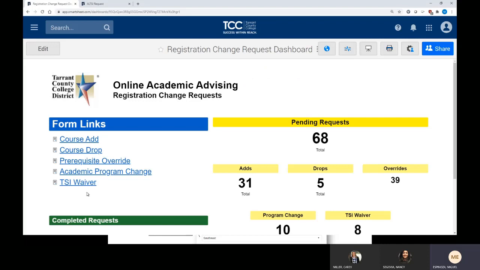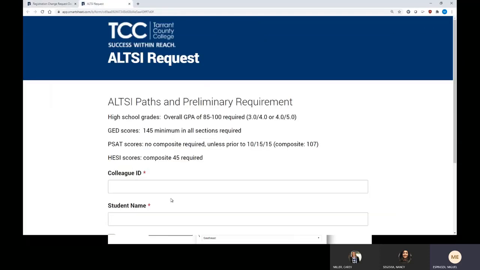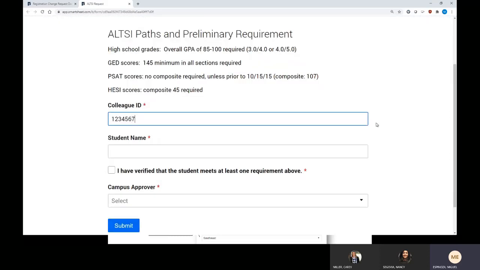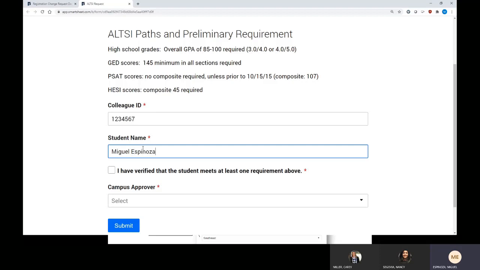So the form will be listed in this list. There will be an ALTSI form listed here, and that's how you'll access the actual form. So this is the form, ALTSI request form. At the top of the form, I went ahead and listed all of the prerequisites once again for reference. Here you will enter a student's 7-digit colleague ID, enter the student's first and last name,